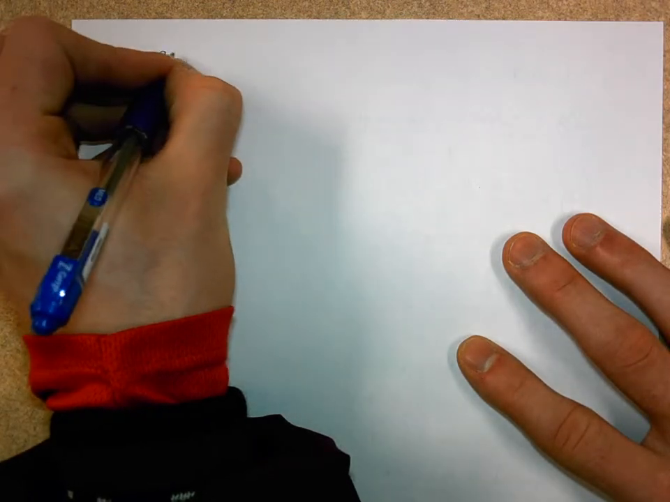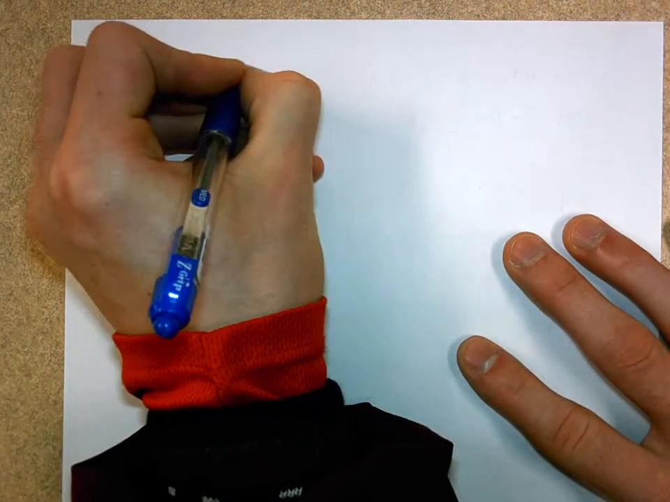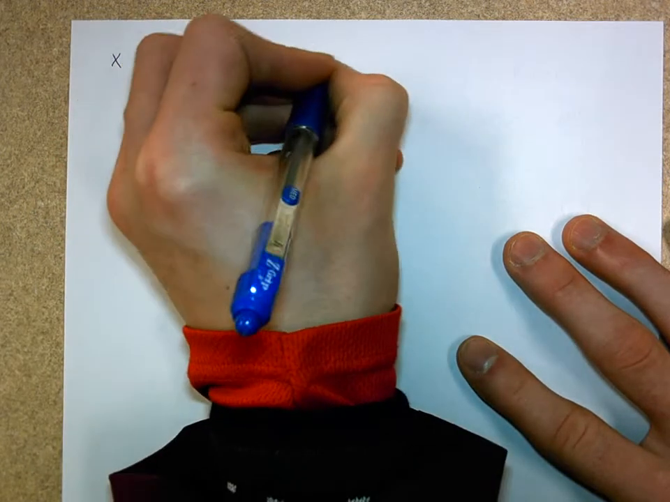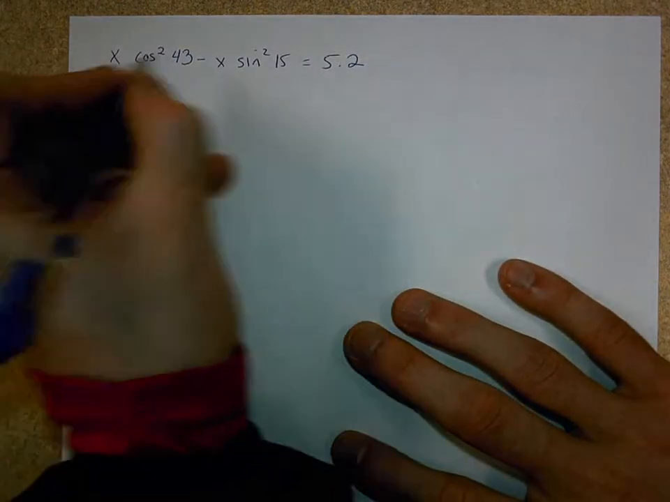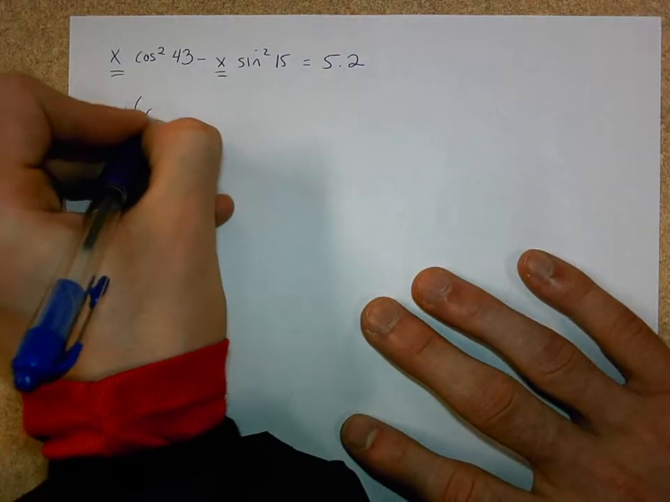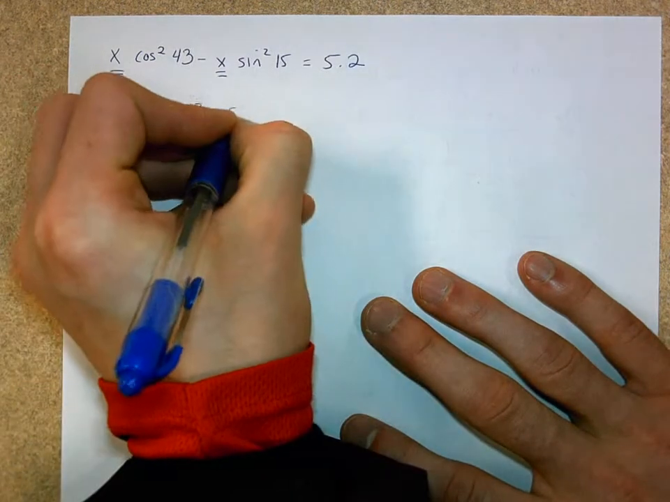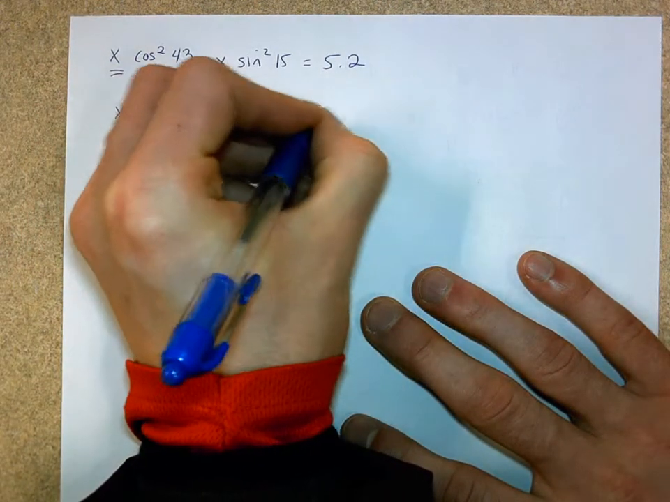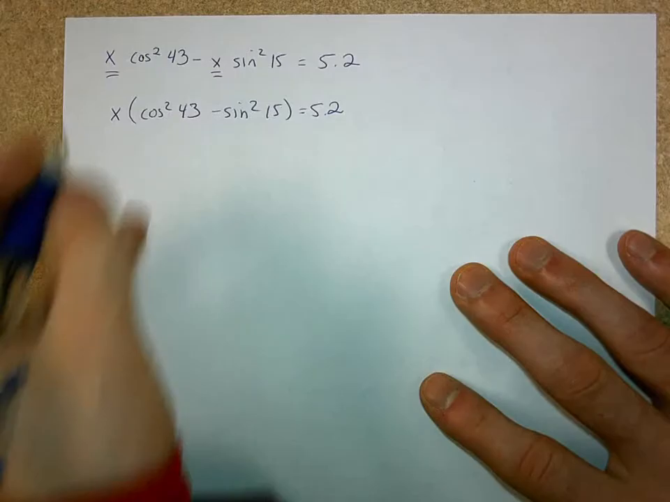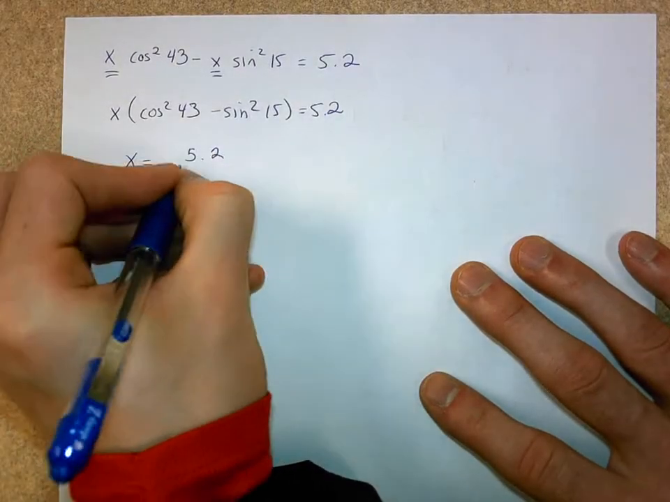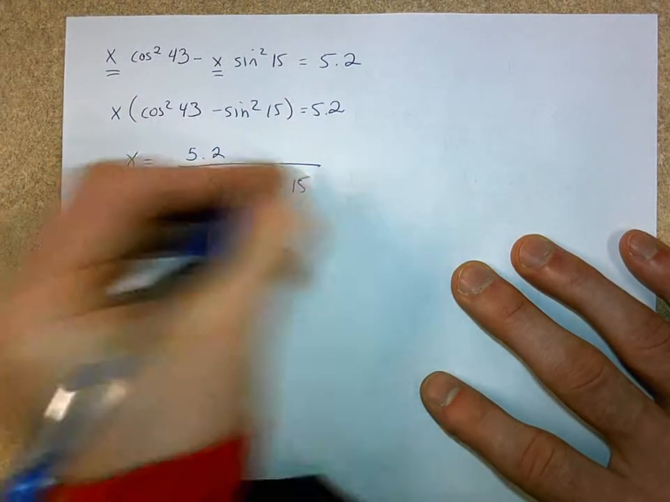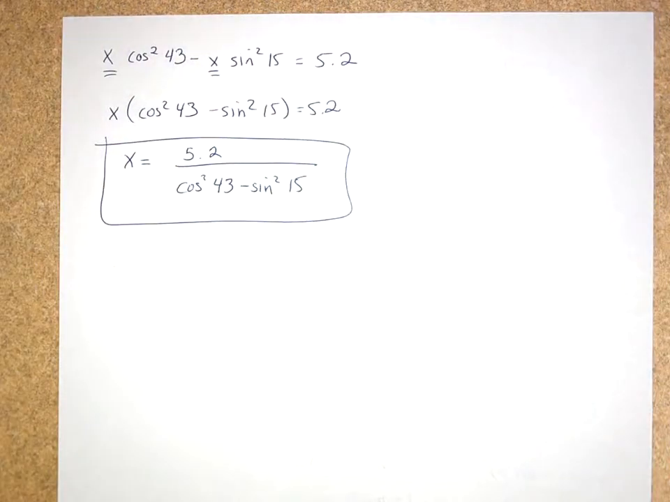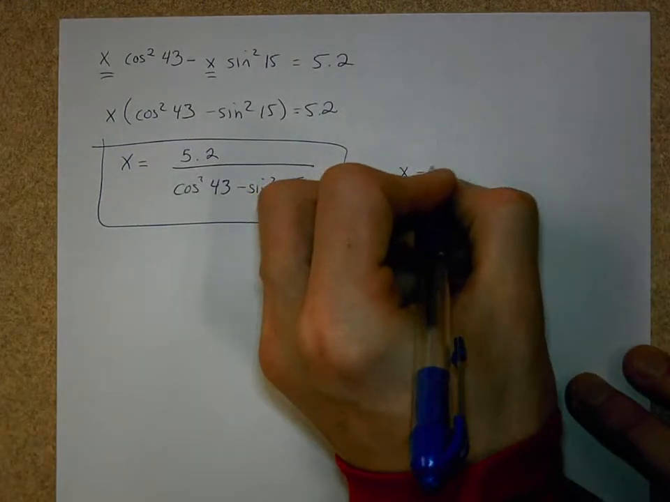The last example then, x times the cosine squared of 43 minus x sine squared of 15 is equal to 5.2. This one is just once again showing that we can pull out the x's in front. And then I can divide through by that quantity squared. And then the decimal equivalent to this would be